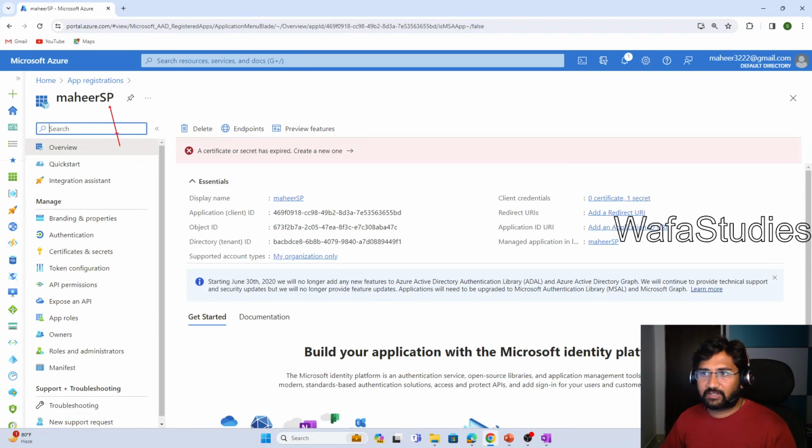So using this service principal, what I wanted to do is create a password for this, because a service principal is nothing but an ID and password. Imagine it that way. Then this particular service principal should have permission on my Synapse workspace because I wanted to do something in Synapse,